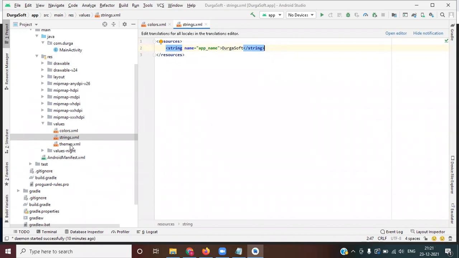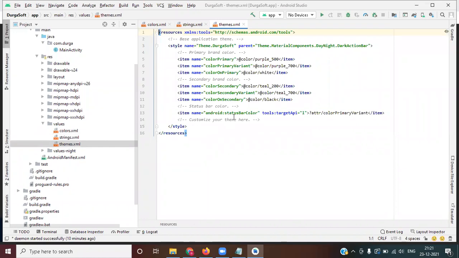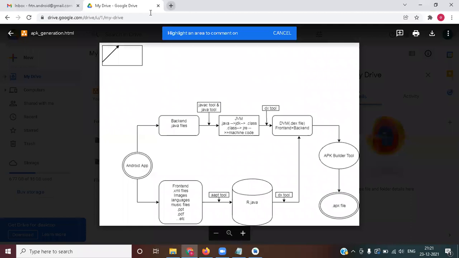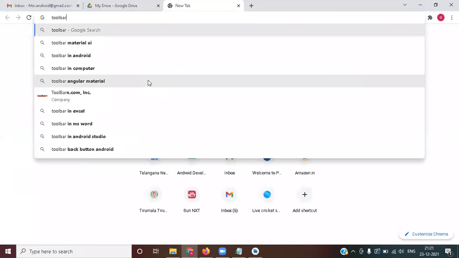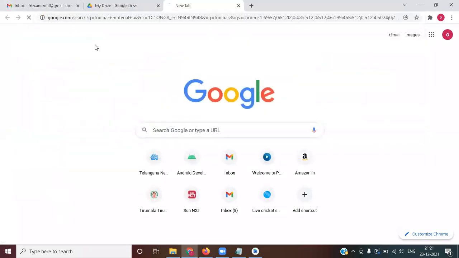And some themes and styles will be there, like the toolbar. Toolbar with what color we need to display. First I will make you understand what a toolbar is.